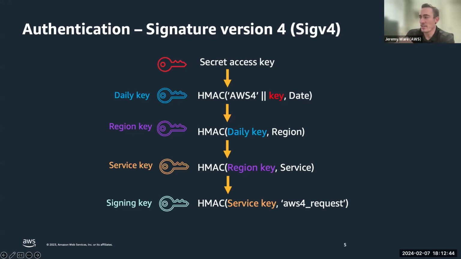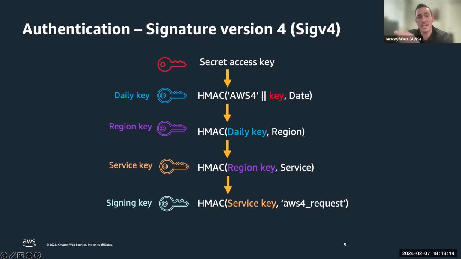One of the most important things that I want to point out here, as we walk through the layers, is that some customers are a little bit confused on how this works. They believe that every single call has to go through this envelope encryption process, or I guess not encryption, envelope hashing process. I apologize. The truth is we don't, because the regional key and the daily key are going to be set for the day in the region that those calls are done, and the system is able to actually cache those.